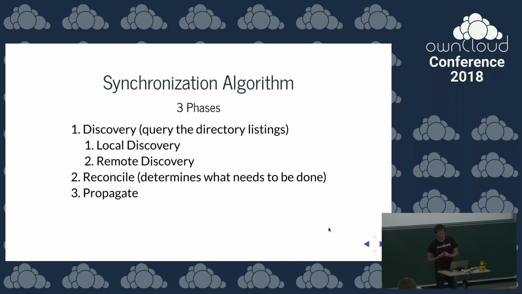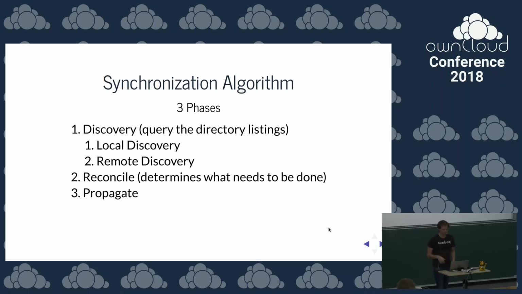In the first phase, we're going to discover and find out what has to be done. So we're going to first look at and stat all the files in your local file system to see if any files have changed. Then we're going to ask the server in which directories they were changed, and we're going to go over each directory to find out if there were changes. Normally this is pretty fast because not so many files changed, but for the first sync, we need to go over the whole